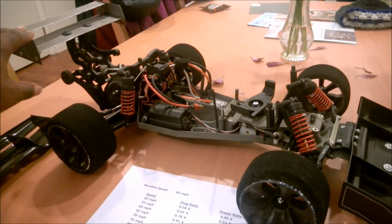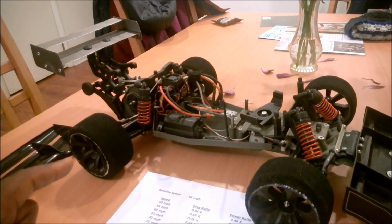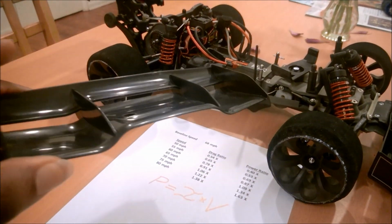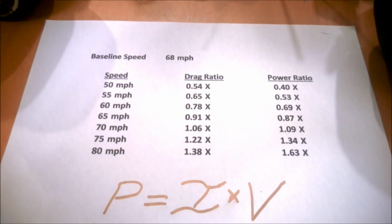But out here in the back, the main purpose of this guy right here is actually just to provide stability. And I don't need the highly cambered airfoil like this to do that. I can get the stability with something that looks more like a flat plate. Now, looking at the table, you'll see that,